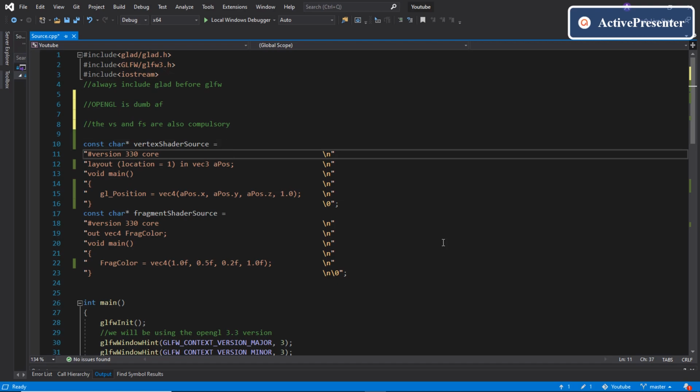The first line of any shader is the version of GLSL we are using. We already know that we are using OpenGL version 3.3, so the corresponding GLSL version will be 330. For example, if I am using version 4.2 of OpenGL, the GLSL version will be 420. Also, we mention that we are using the core profile mode of OpenGL and not the immediate mode.